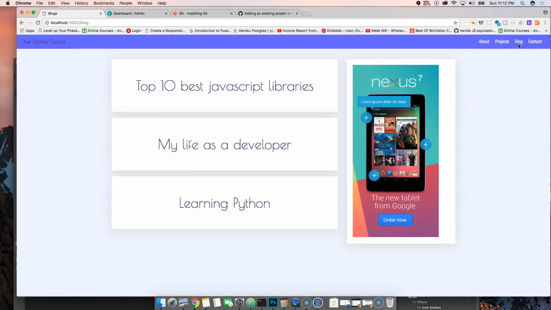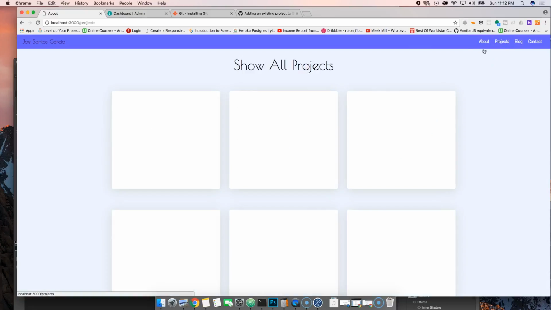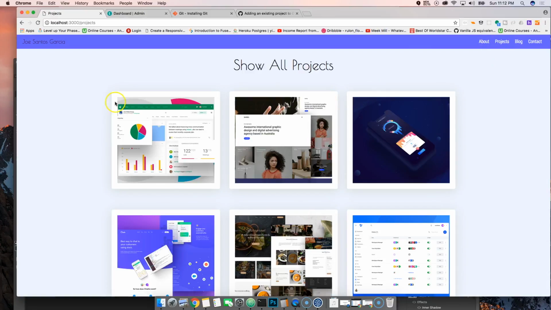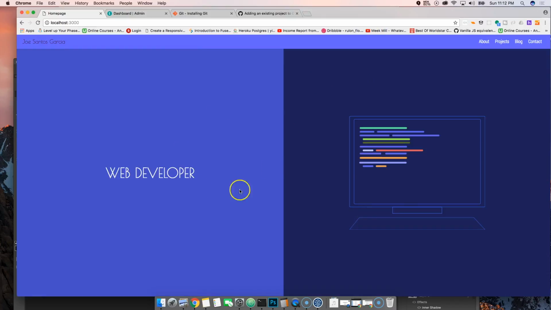But right now you need a portfolio online, right? So you need to have at least something online. So before we even jump to the databases, we're gonna start putting this on a different server, right? We're gonna put it on Heroku. Okay, so we're gonna take this one step at a time, and the very first